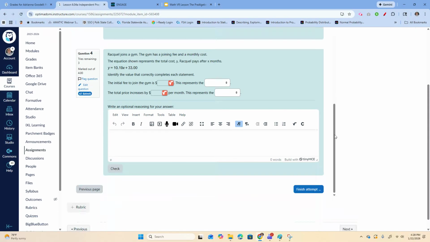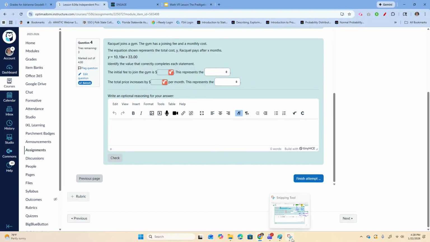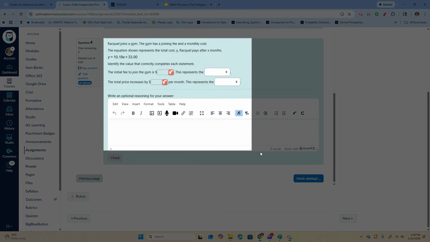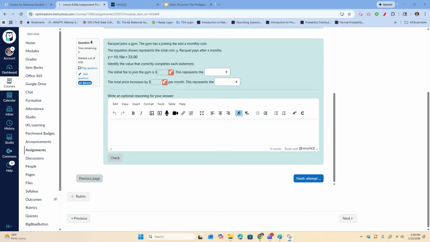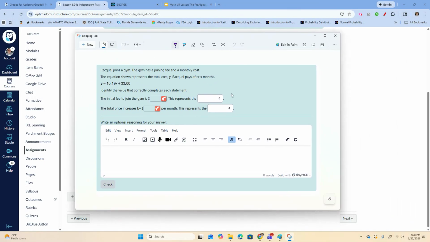Okay, let's do the last question here. Question number 4. In question number 4, let me take a picture of this so I can highlight what I need to highlight. And in question number 4, you can see that this equation is about Raquel joins a gym. And the gym has a joining fee. The joining fee is the initial amount, which means that's going to be my